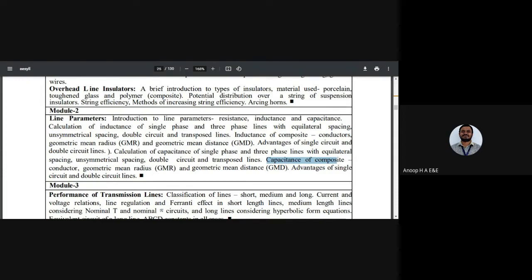Now I would like to ask you a question. What are your expectations from this module? Can anyone tell me what your expectations are in this module? Feel free to talk. What would you like to learn from this module? Anything that comes to your mind related to this subject, that is, transmission line parameters, which we are going to discuss. What comes to your mind?